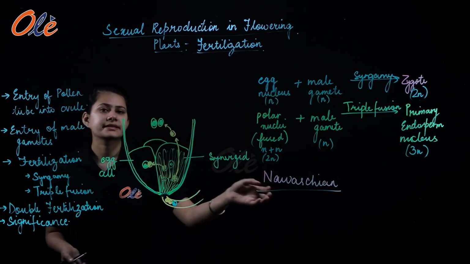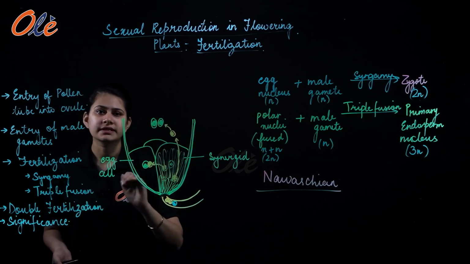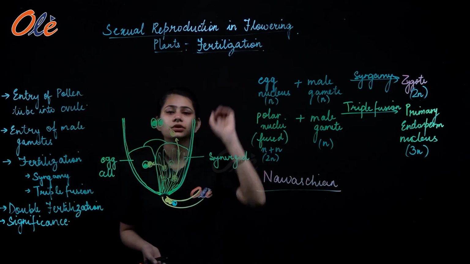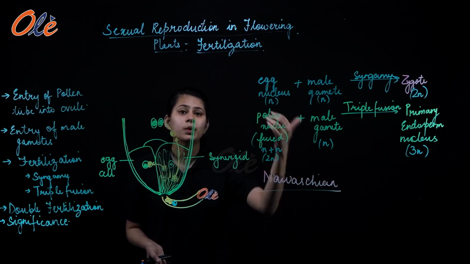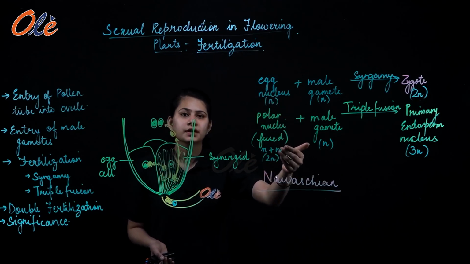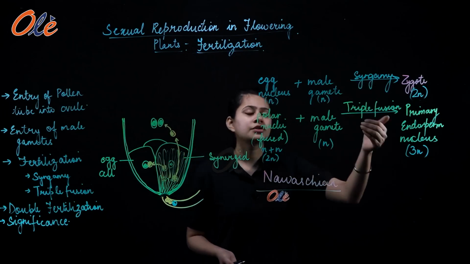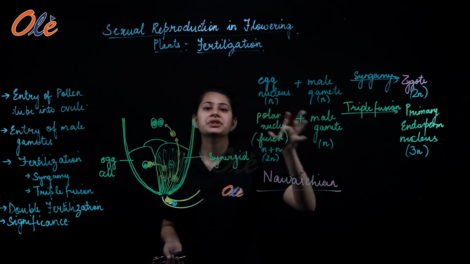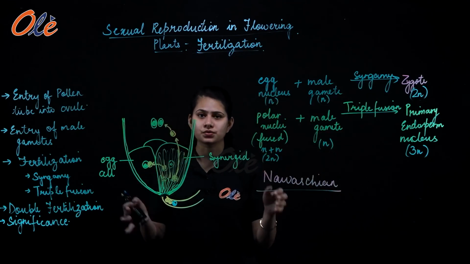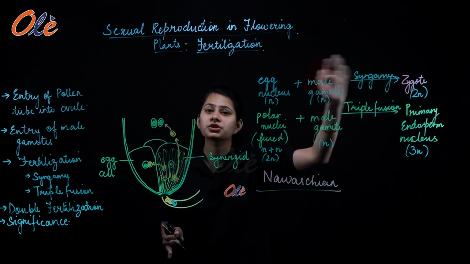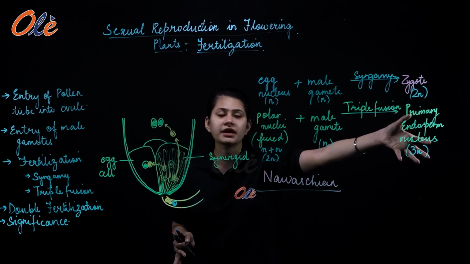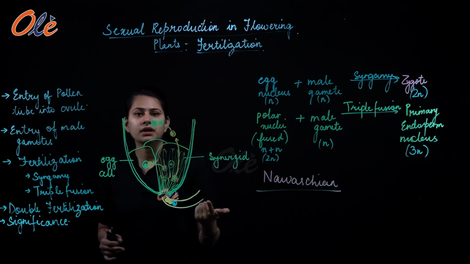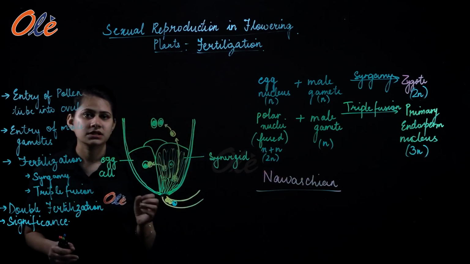So this is exactly what is double fertilization, and it is extremely unique to flowering plants or the angiosperms. I hope this is now clear to you why it is called double fertilization, right? So syngamy हो रहा है, triple fusion हो रहा है, because of which there is formation of two different tissues. There is formation of the zygote which will develop into the embryo, and there is formation of the primary endosperm nucleus which is going to develop into the endosperm. ठीक है, ये clear है?